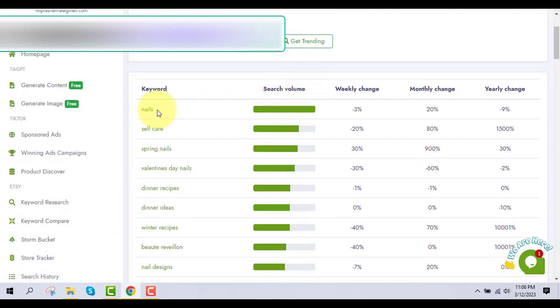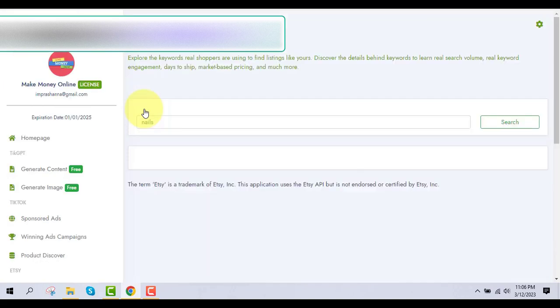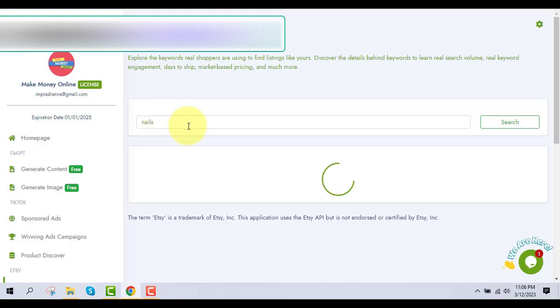Okay, so search volume, nails. Okay, so this is important stuff. So you just have to go and click nails, and since it's a trending topic, you can explore the keywords real shoppers are using to find listings like yours. Okay, discover the details behind keywords to learn real search volume, real keyword engagement,